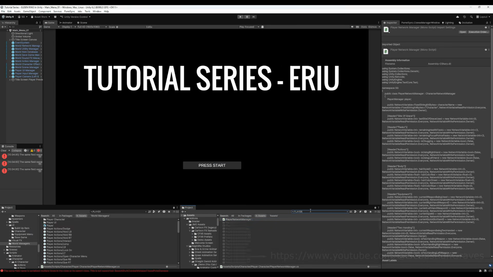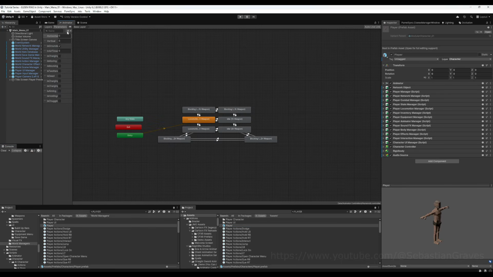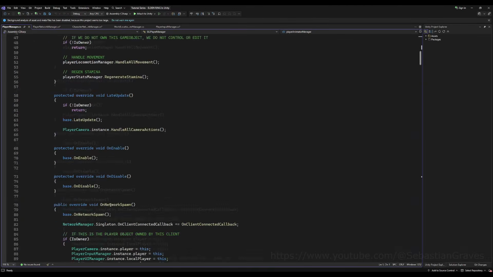That way I do not actually mistype it. Now I'll highlight the player, so we go to his animator component. I'm going to go to parameters, add bool is sneaking, just like that. Cool, very good. Now let's go back into the player manager script, and let's go ahead and make sure we're